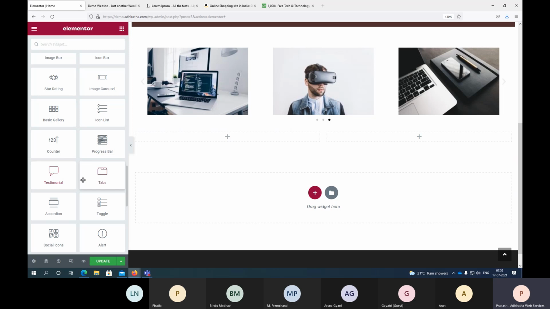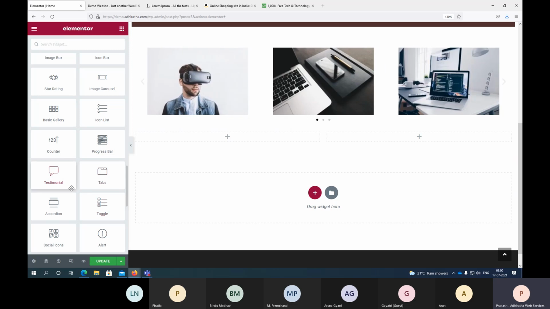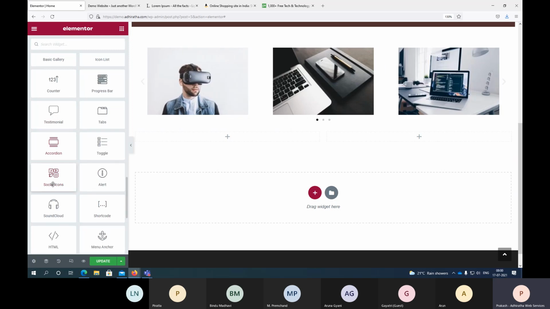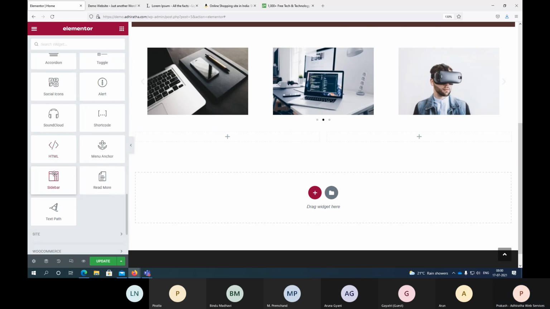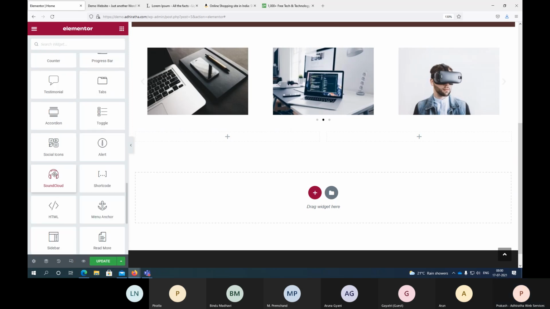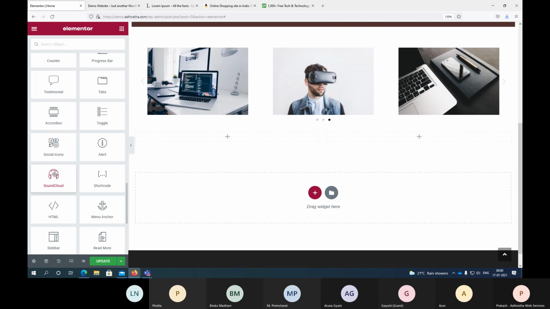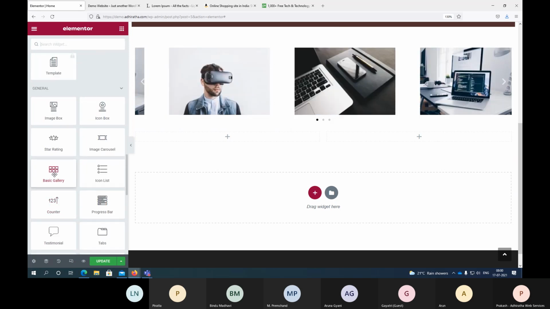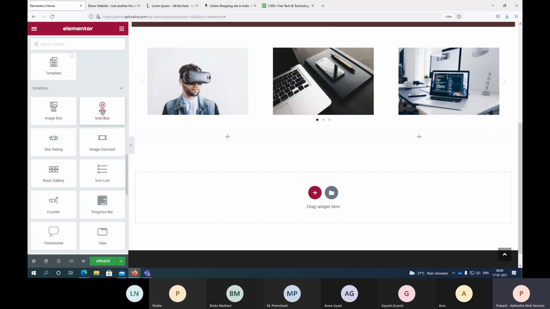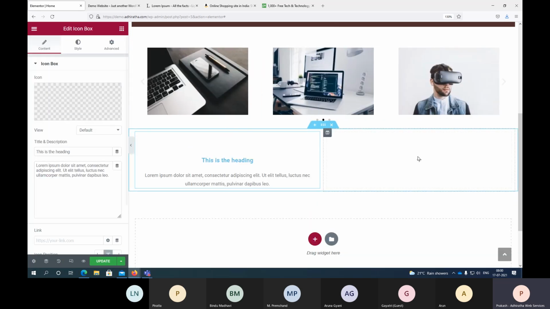See, testimonial also is there, right? Maybe one of the customers has given some kind of feedback, all that we can add. Then social icons, SoundCloud. Okay, let me pick the icon box this time, right? So this is the one.